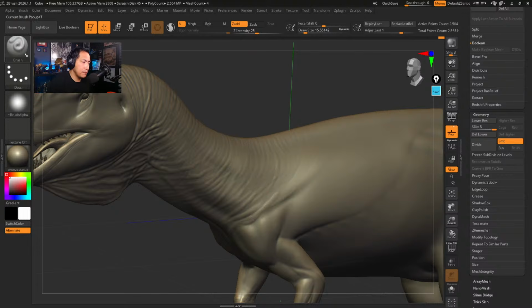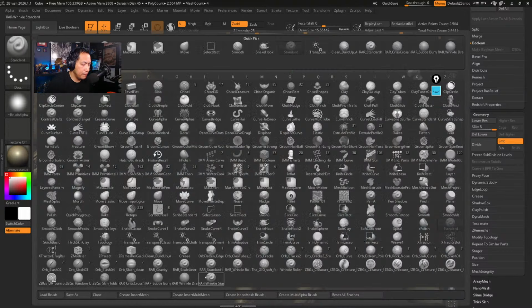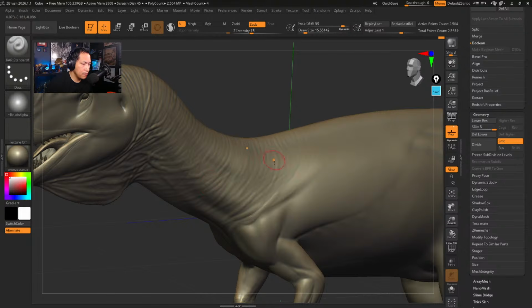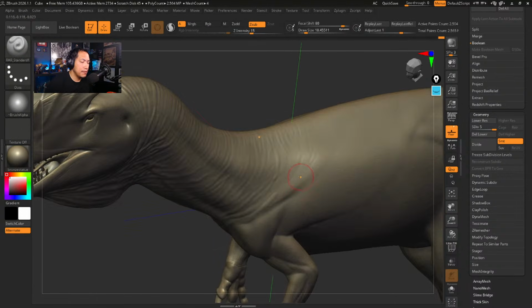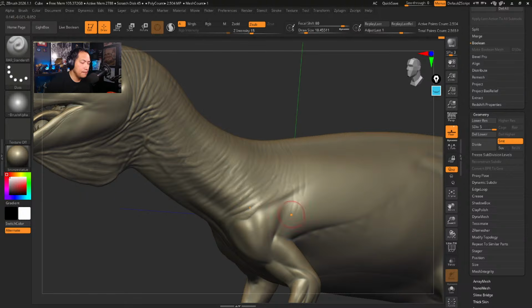I have the normal standard brush, or I have my custom little standard brush here, which is a finer standard brush, and it cuts in rather than builds up. These brushes are purely line art sort of things, like drawing. They don't have any